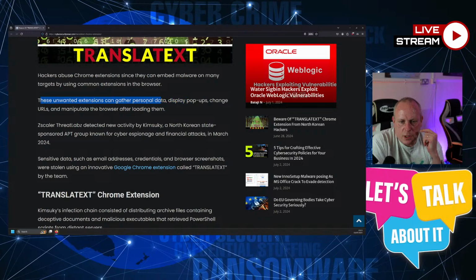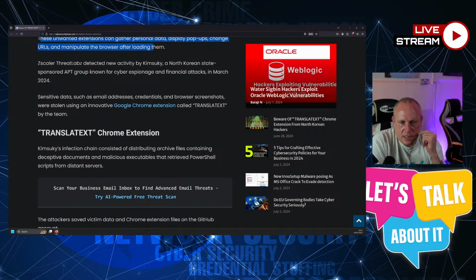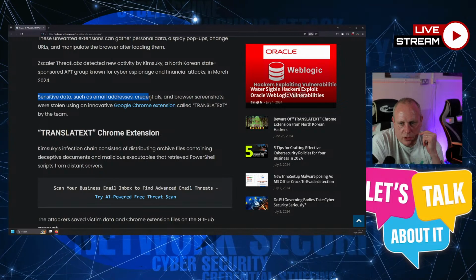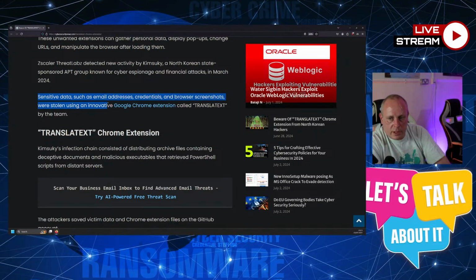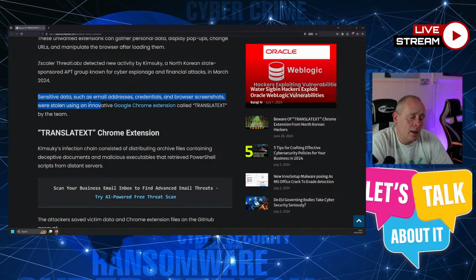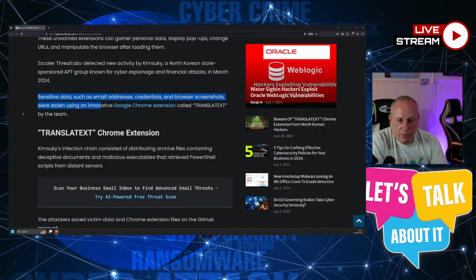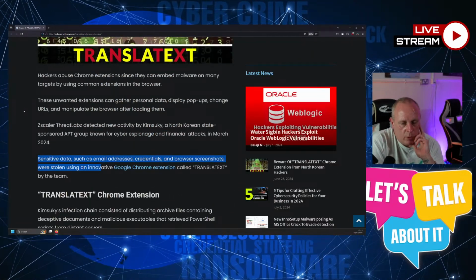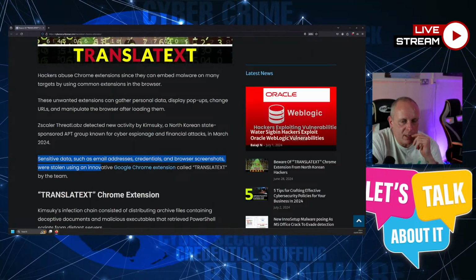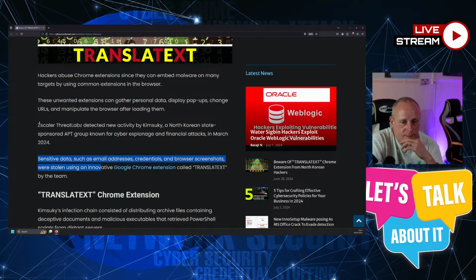Display pop-ups, change URLs, and manipulate the browser after loading them. Sensitive data, such as email address credentials and browser credential screenshots, were stolen using this Google Chrome extension. So if you have been running it, you're going to have an issue. Obviously, remove it. Change any passwords for any websites you've ever logged into, but it's taking screenshots and stuff as well.